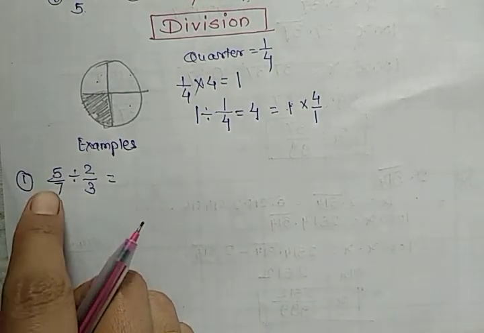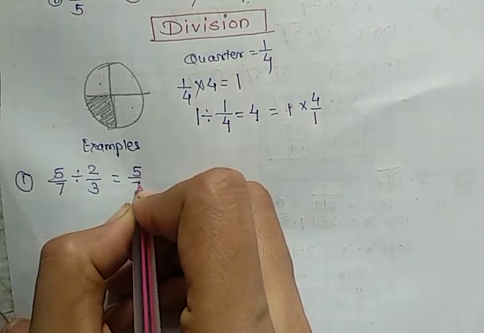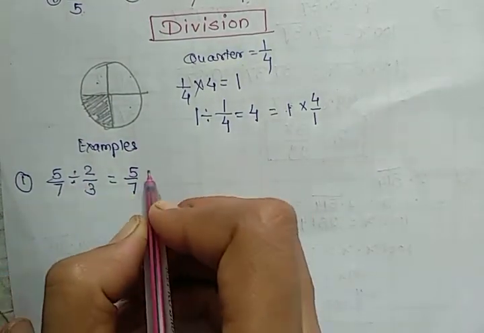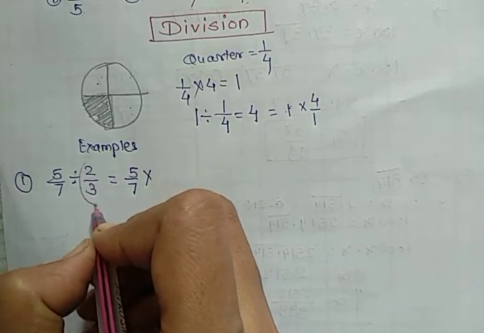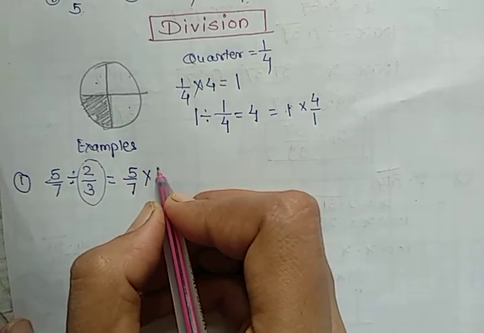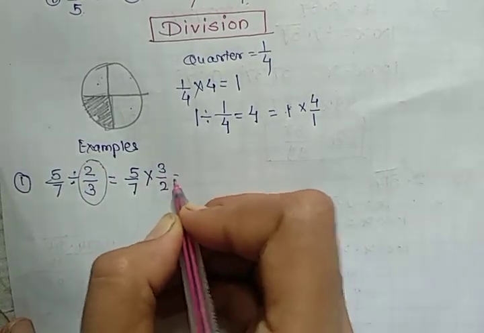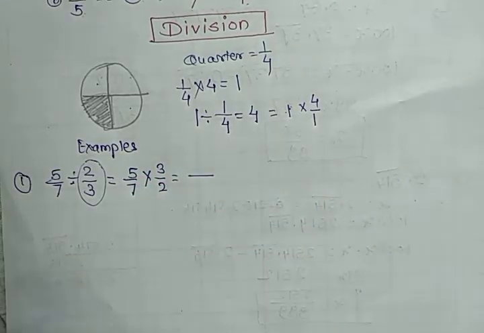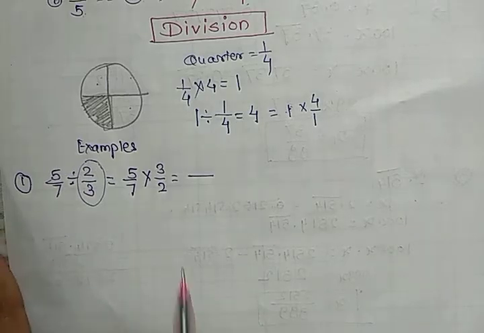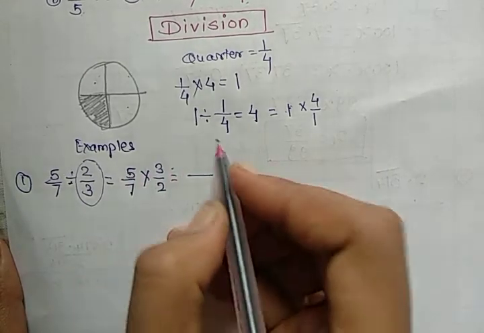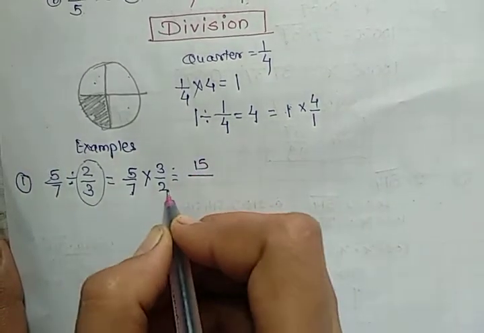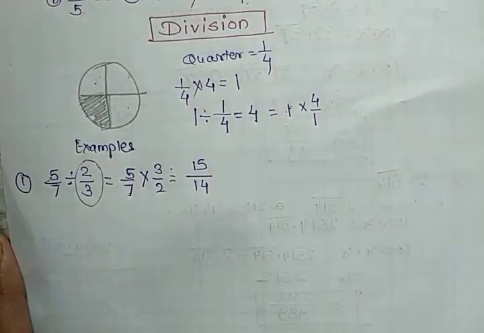So 5/7 write as it is, convert this division into multiplication and take the multiplicative inverse of the second fraction, that is 3/2. Now you know the rule of multiplication: multiply numerator with numerator and denominator with denominator. So 5 3s are 15 and 7 2s are 14. So the answer is